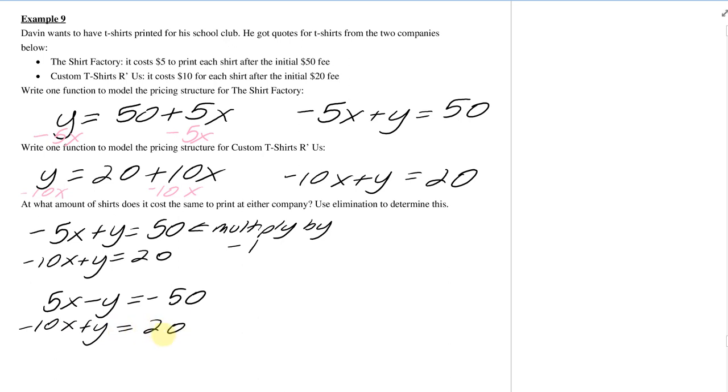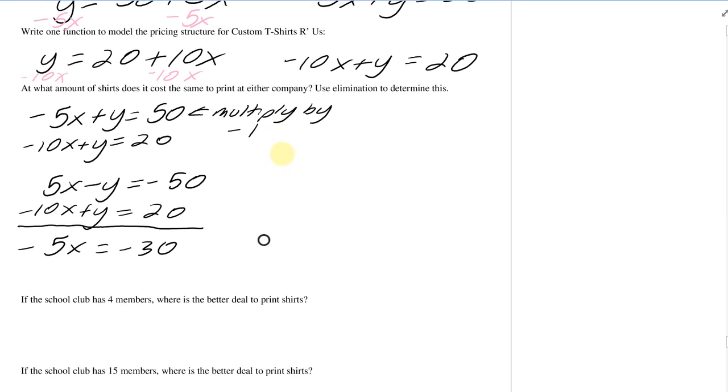Oops, yeah, those are right. Okay, and that's negative 5x. I knew I missed it. No, I got it right, sorry. Okay, so now if I add everything together, this will be negative 5x equals negative 30. Okay, now I'm on the right path. So now if I divide both sides by negative 5, I will get that x equals